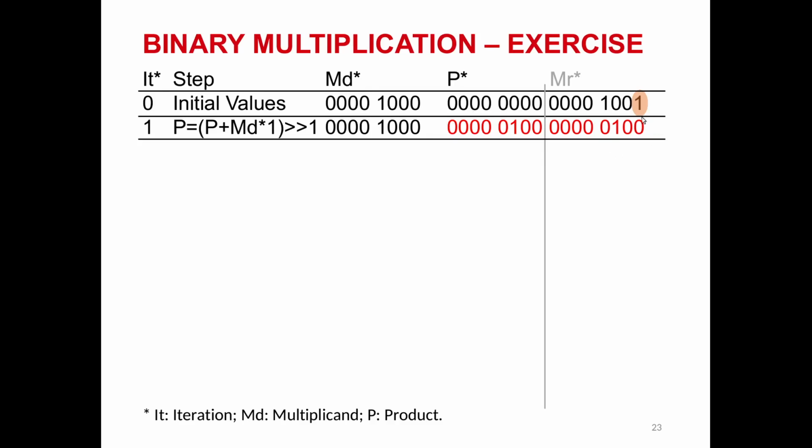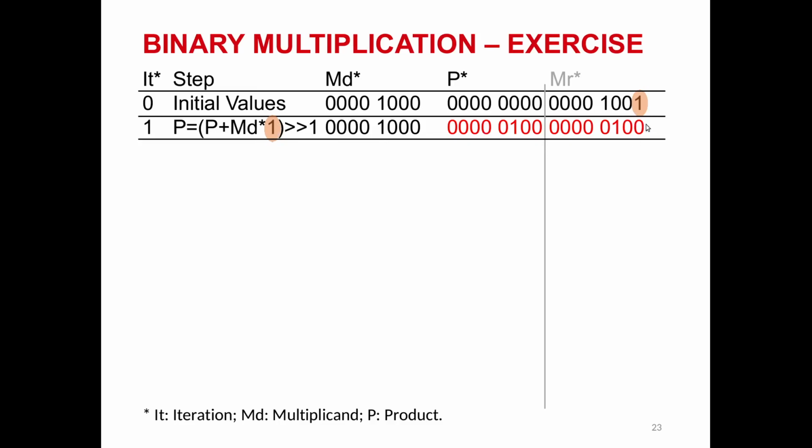So we have the new value of register P here, in which the result for the product should start from here up to here, and the remaining part for the multiplier starts from here to the right until here. After this step, we see this value is 1, and so here we will multiply MD with 1 before adding and shifting.